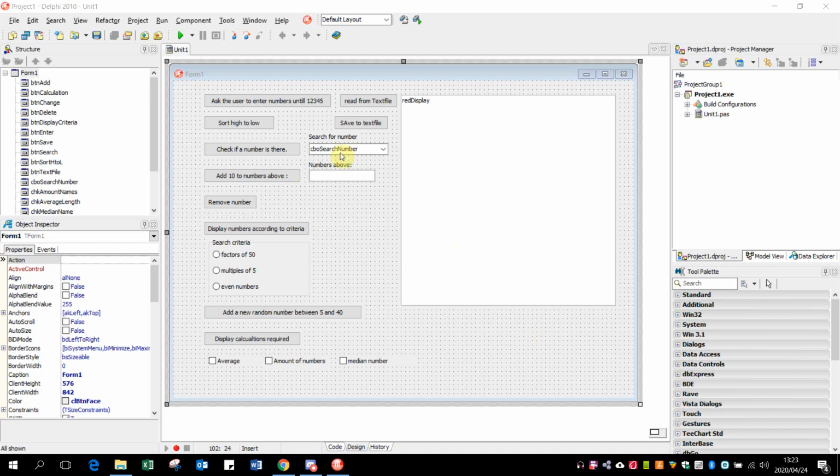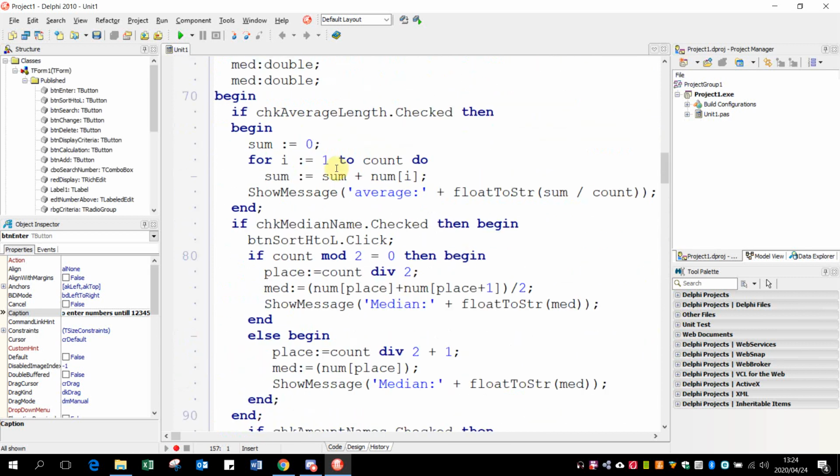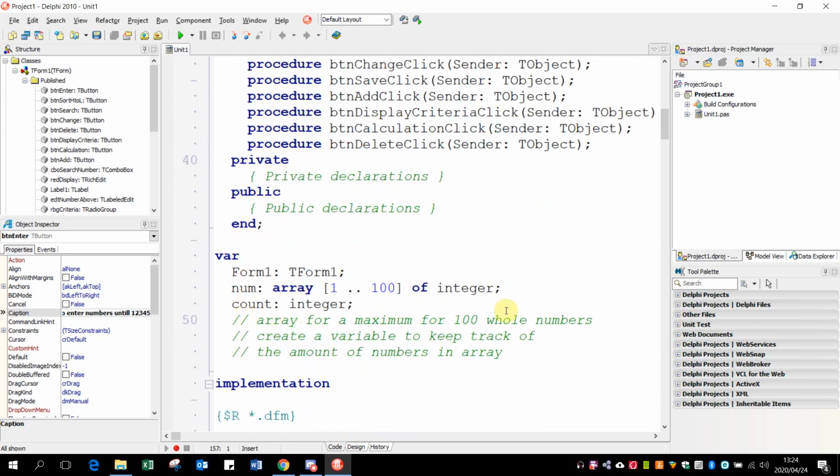Run through what I did in this program, for those of you that were a bit lost, just to understand exactly again. So our first button is: ask the user to enter numbers until 1, 2, 3, 4, 5. So we want the user to type in numbers until that particular number is typed in, and then it must stop asking. In this program, I did however right at the start say that we'll have a maximum of 100